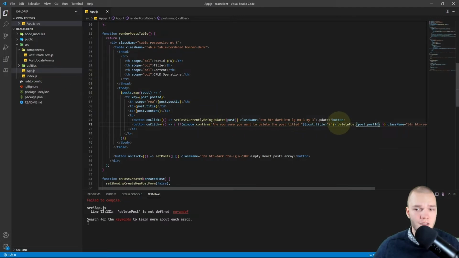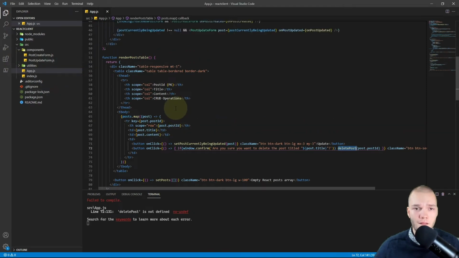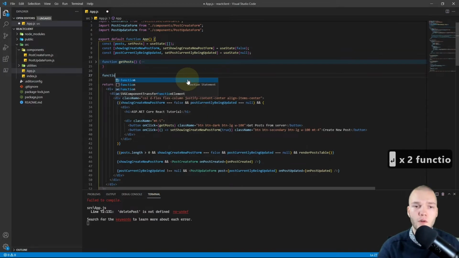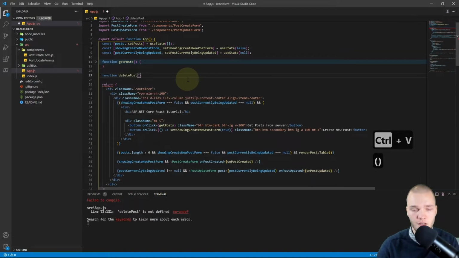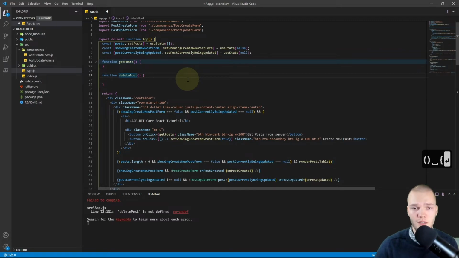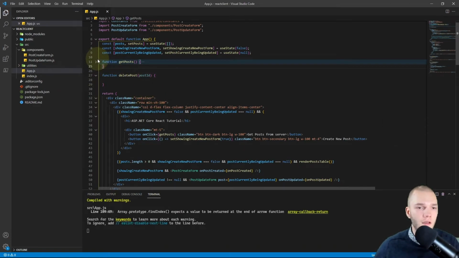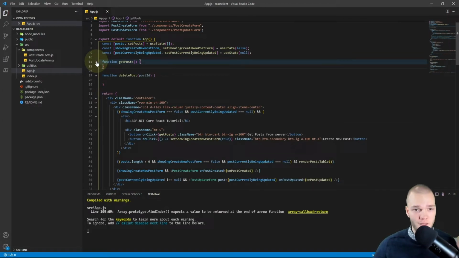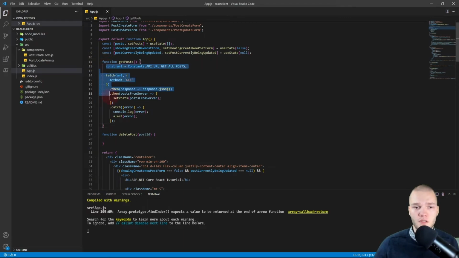Right, so the next thing to do is to implement this deletePost function, and I'll copy the name and add it below getPosts. So I'm going to do function and then paste it, add parentheses, curly braces, and this takes in a postID. Let's start this off by copying and pasting the contents of getPosts.